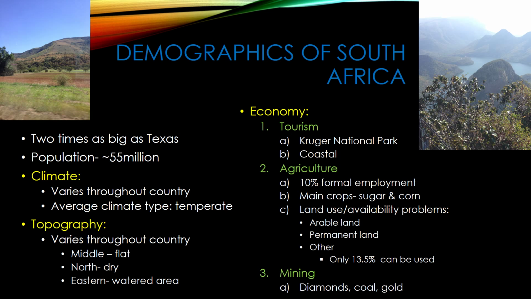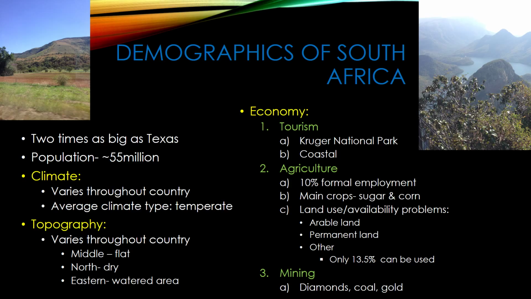The topography of South Africa is also variable. In the interior, it is vast and flat. The south and the west sides are scrublands. The north is drier, and in the northwest is where the Kalahari Desert is located. Mid-eastern is where you're going to find most of your water areas and water catchment areas, and this is also the location of most of the agriculture within South Africa. The northeast coast is going to be hot and dry, and the southwest, which is mainly the Cape Peninsula, has a very Mediterranean climate, and this is where the most rainfall in South Africa happens.